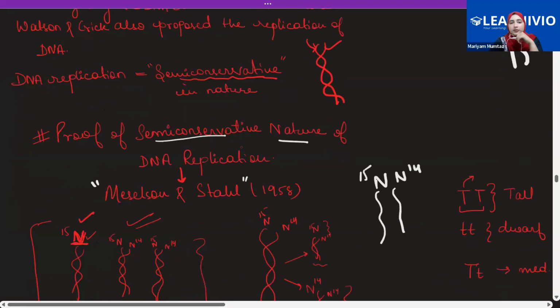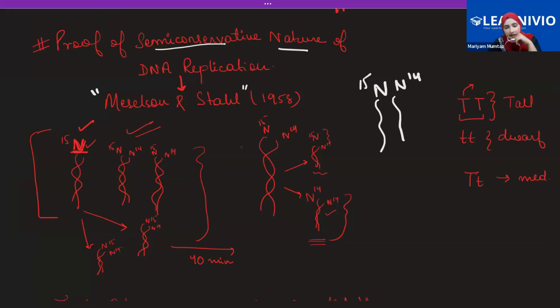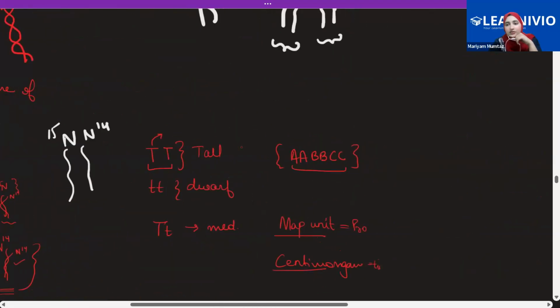Now, the proof of this particular semi-conservative nature of DNA replication was given by Meselson and Stahl. Right? They grew the DNA in media with the heavier isotope of nitrogen and the lighter isotope of nitrogen. And then they saw basically the whole entire process as to how